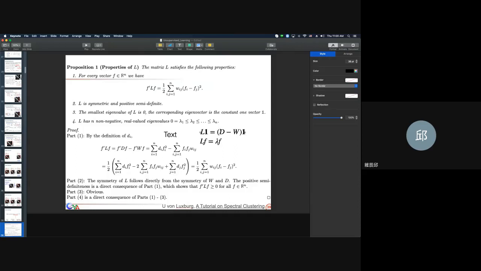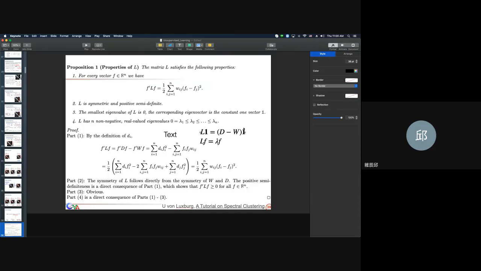It can be further expanded as D, your degree matrix, times the constant 1 vector, minus the similarity matrix times the constant 1 vector. And you can see, because D is a diagonal matrix,